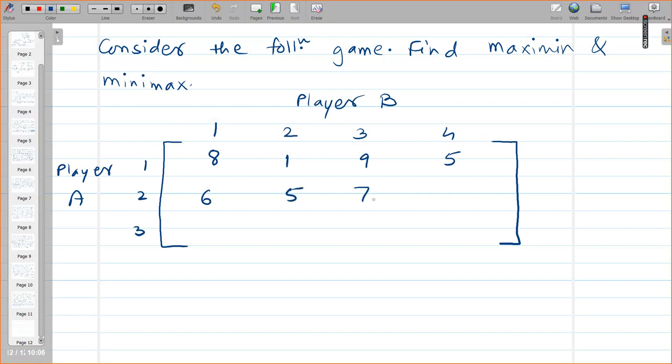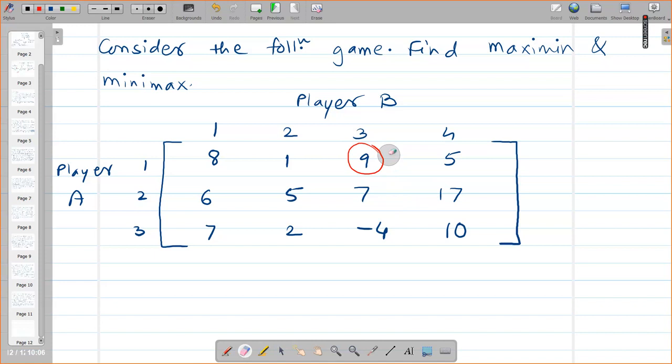Okay. Now, I'm writing this. Can anyone tell me the meaning of these numbers? Can anyone tell me the meaning of this number, say 9? What do you mean by this entry? Can you tell me? Maybe the chances of winning when a strategy is used by player 1 against player 3. No, there are only 2 players, Riona. Why are you saying player 1? The first strategy is used against the third strategy of player B.